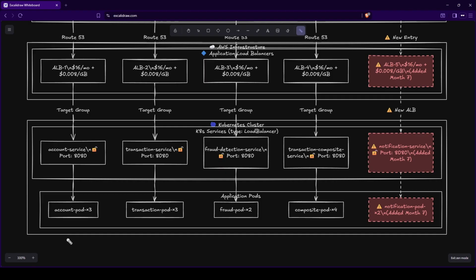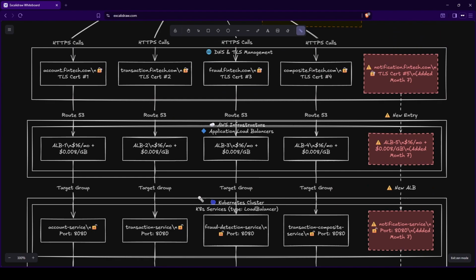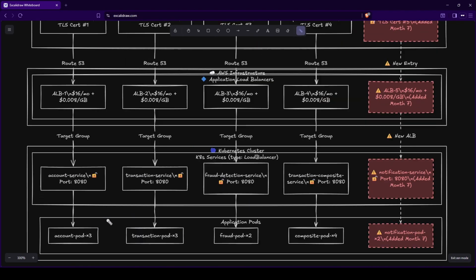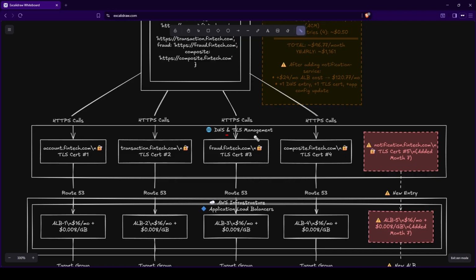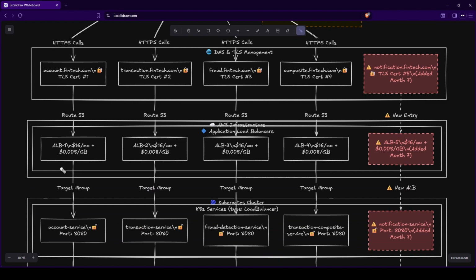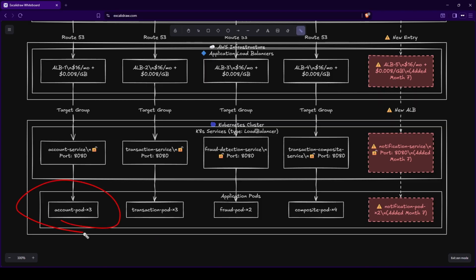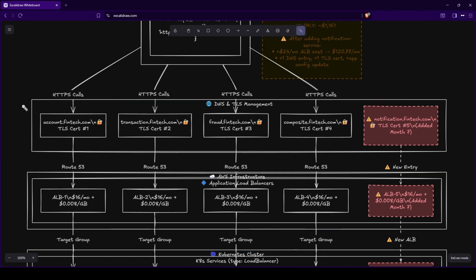So they have their own target group, and in the actual Kubernetes architecture these things come to the pods, like the account pod, the transaction pod, the fraud, and the composite pod. Now the problem with this architecture is that for a single service, my complete application, there is this many DNS and TLS management I need to do, and this many different ALBs. One ALB definitely can have multiple target groups, but this many different ALBs I have to control, and this many pods, which are still fine, but we have a big overhead